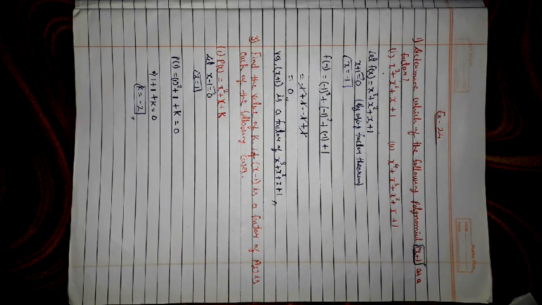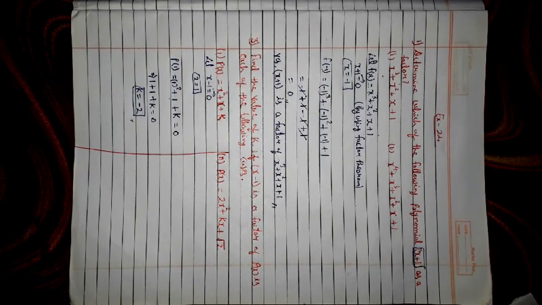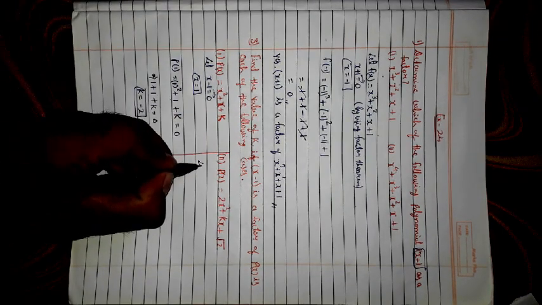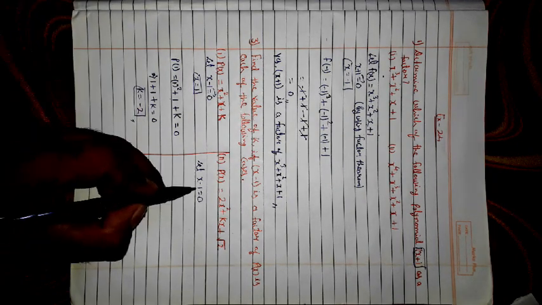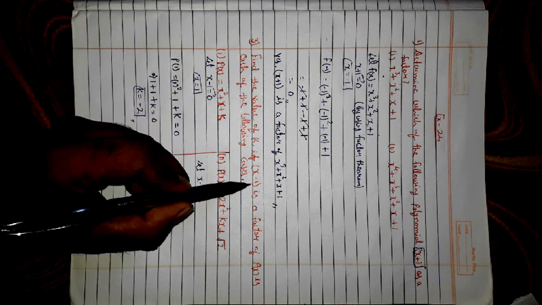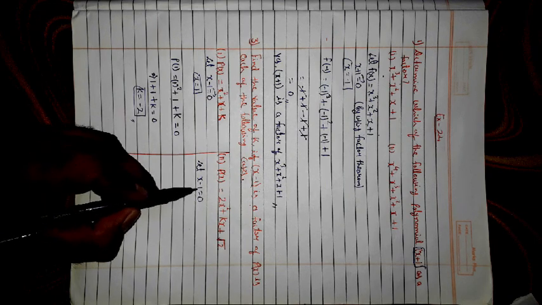So this was the first part of question number three. The second part seems like it can be tough, so I'm solving it here. The second part of the third question is p(x) equals 2x square plus kx plus root 2, and the same thing, x minus 1 is given as a factor. So again we'll take x minus 1 equals 0. The most important thing you should remember is that when an expression is given as a factor, we take that factor expression and set it equal to 0.